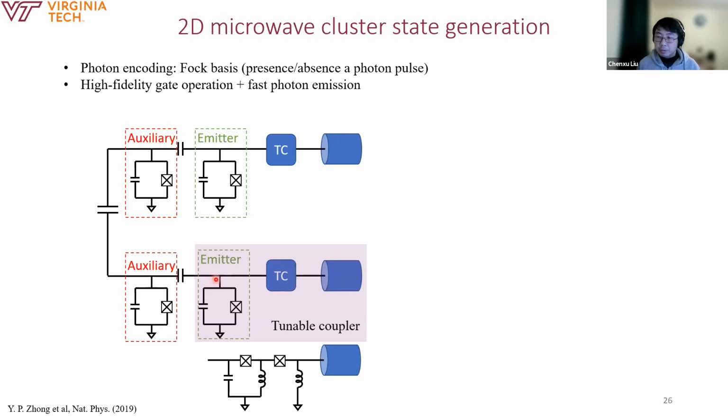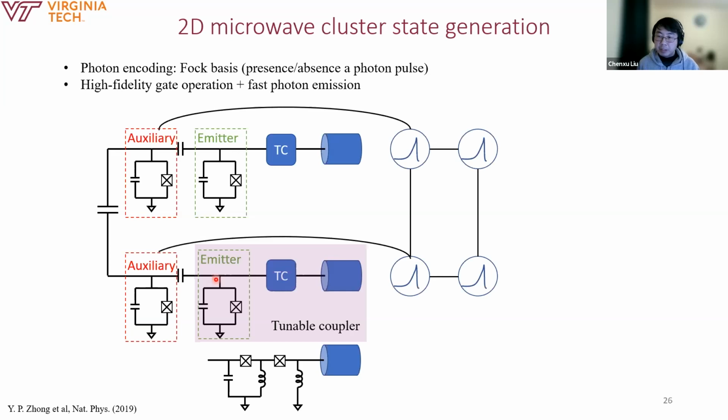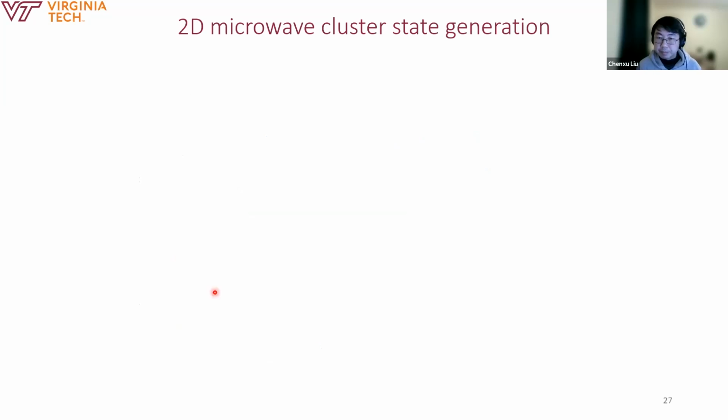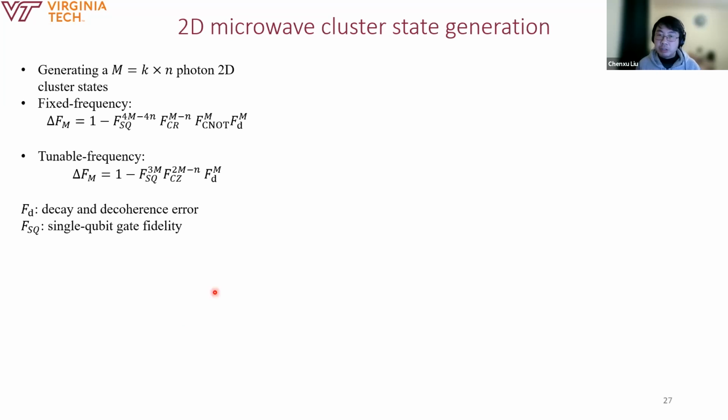So similar to the optical proposal, we can use this generator circuit to generate a 2D cluster state of microwave photons. But the generated photon qubits are connected to the auxiliary qubits instead. So the emitter qubits will be disentangled from the rest of the qubits. So for a general case, when we want to generate a 2D cluster state with capital M total photon